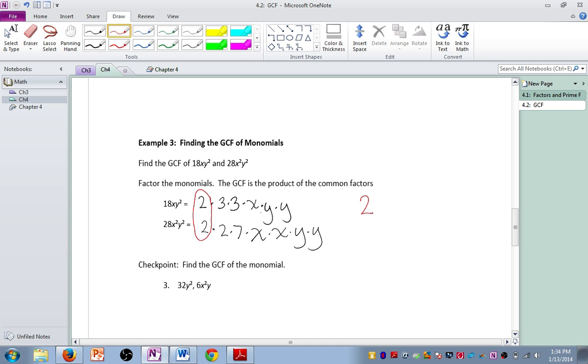Now let's move on to the variables. They both have an x. So I'm going to list that. There is not another pair of x's that they have in common, but they do have a pair of y's. And they have another pair of y's. I list them both separately. And again, finding the GCF using prime factorization is the product of them. So we multiply them. The GCF of these two monomials would be